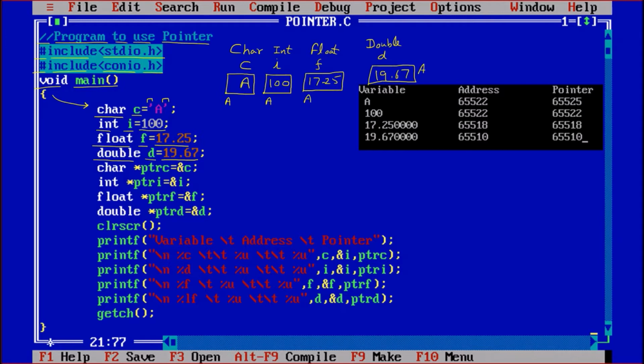So what we are doing is we are saying char star ptrc. I have intentionally made it ptrc, meaning pointer to character. ptrc is just a name, you can simply write char star a.